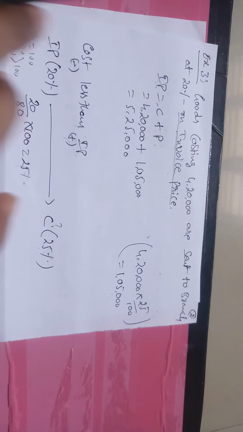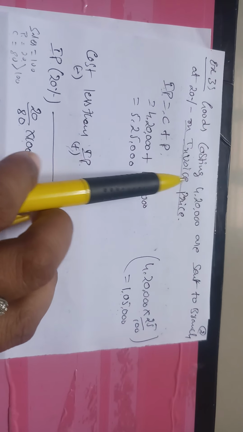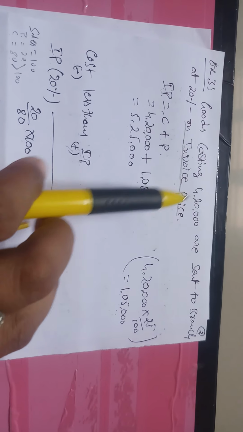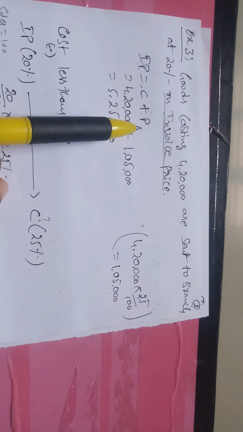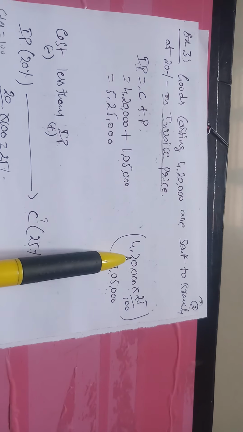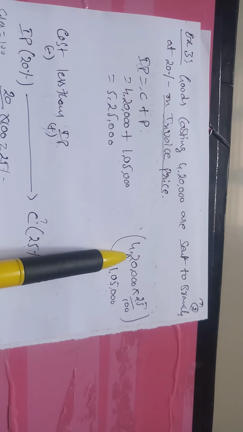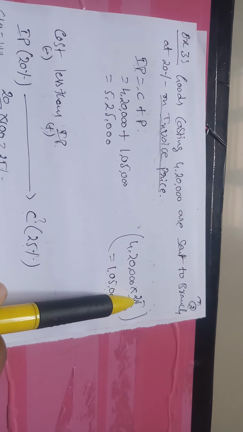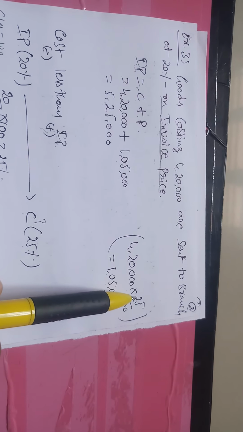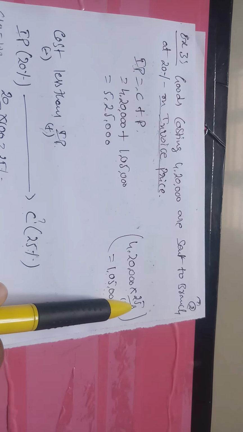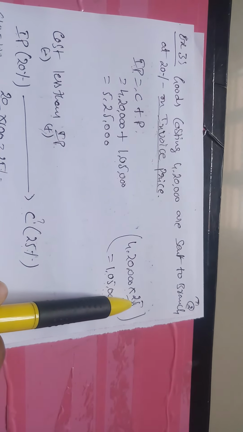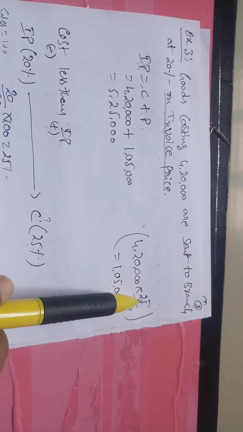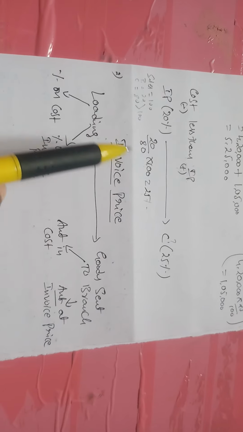So like this we are solving the problem. But the invoice price includes the profit, while cost does not include the profit. So profit has to be taken on the base of cost. Here, based on cost, you should take the profit. Based on invoice price, we are not taking profit here. We are taking the percentage based on cost only. Okay. Next I will discuss the invoice price.